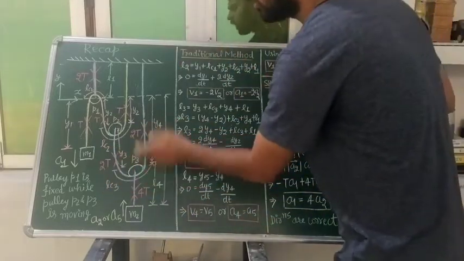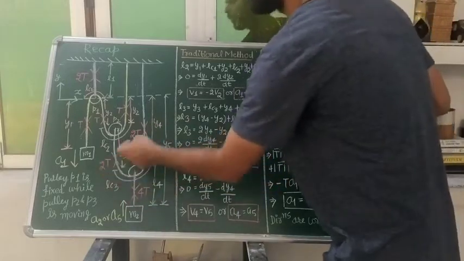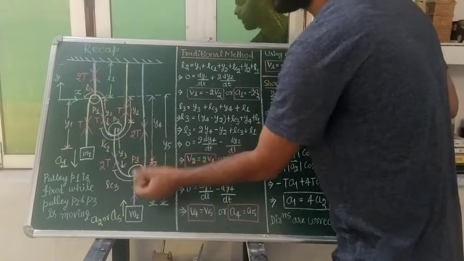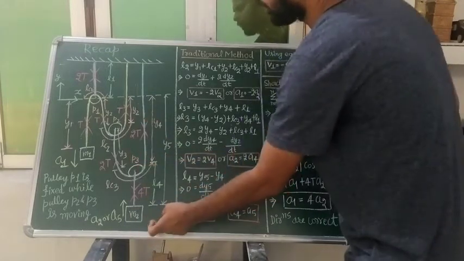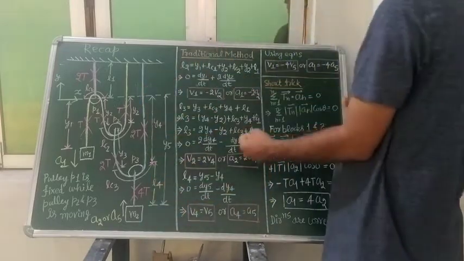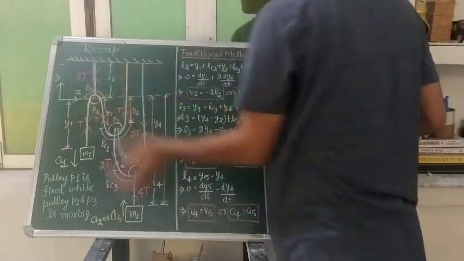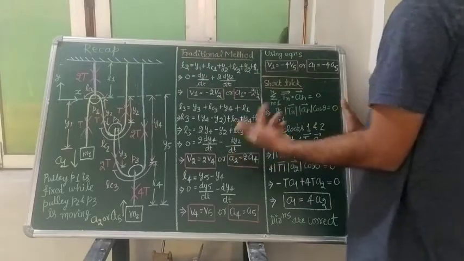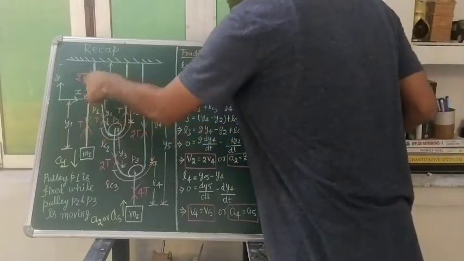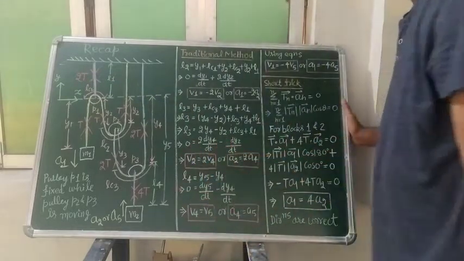So of course, here what tension will come? This 2T plus 2T, which will give you 4T. So for the object of interest, this pulley P3, it will be downside. For the object of interest, this mass M2, that will be upside. We can write the tension here as well. That is not coming into account in our problem. So here is T, here is T. So of course here 2T is going to act.